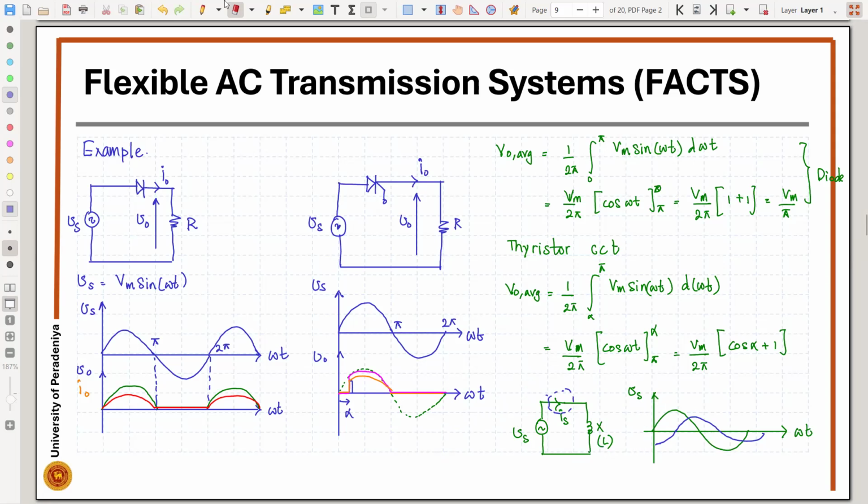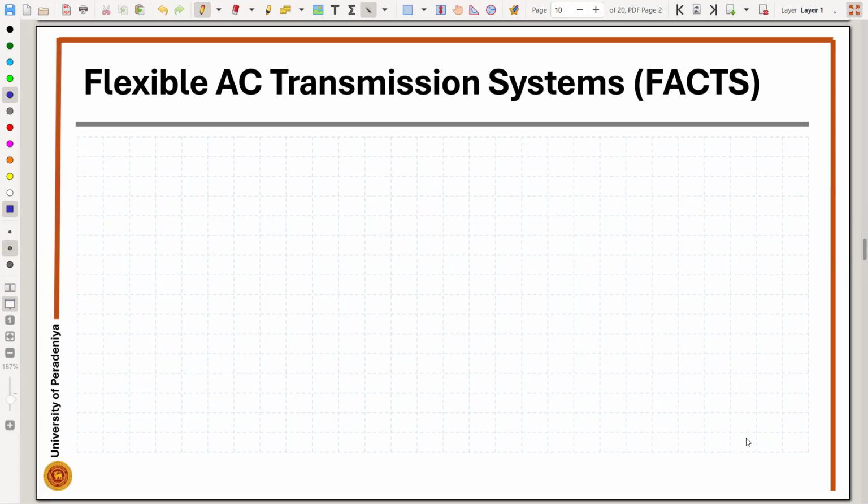So you can see that in the angle 0 to 90, when the voltage is positive, current is negative. Now in this side, 90 to 180, you have positive voltage and positive current. When you go from pi to 3 pi by 2, your voltage is negative, current is positive, then 3 pi by 2 to 2 pi, voltage is negative and current is negative. So now if you have a circuit like this,